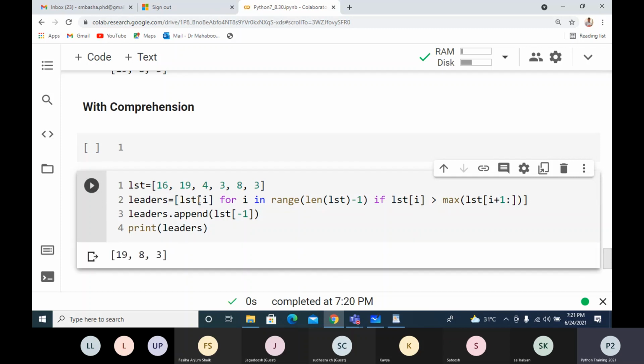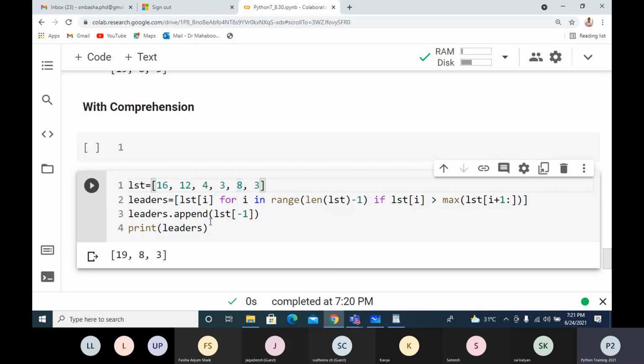So I'm taking LST[i] for i in range, and I'm not including the last because there is no other element further. I'm choosing the element only if that element is greater than the maximum of the remaining elements. Suppose I change this to 12, then I'll also get 12.